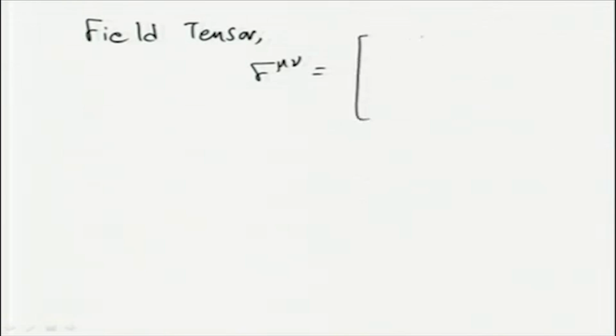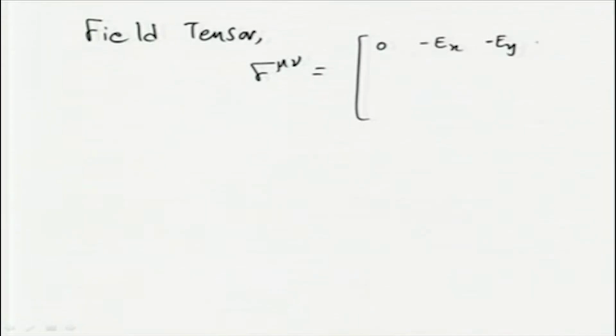Now, today let us continue our discussion on this and see how to take care of the other two equations. Let us consider the object that we introduced yesterday. Now that we are familiar with this, I will call this the field tensor F mu nu. We did not call it by any name yesterday, but it is usually called the field tensor. It is a second rank tensor, and in matrix form we can write it as